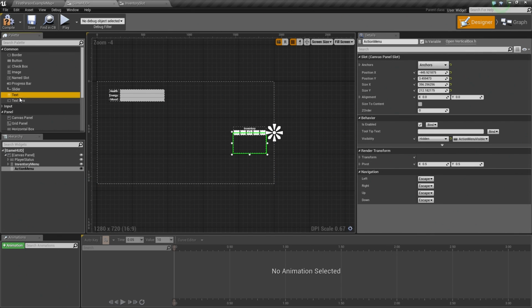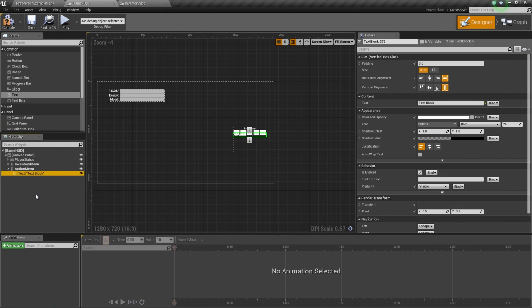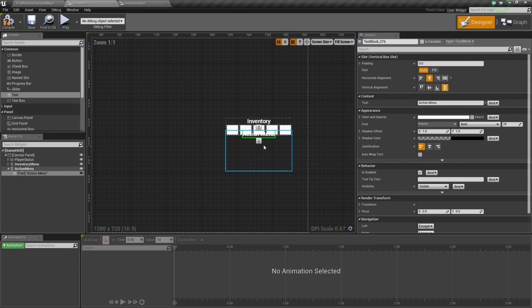First thing that we're going to add is a text block from the palette. So go ahead and grab a text block, left click, and drag that and drop that on top of the action menu, like so. Going to select the text block over in the details panel, going to center it up, horizontally align it center, and then let's change the text content. Let's change this to just action menu, like so. If I zoom in, it's kind of white on white, so you're not seeing it. It'll be okay once we get in game, especially once we set this property that I forgot to set.